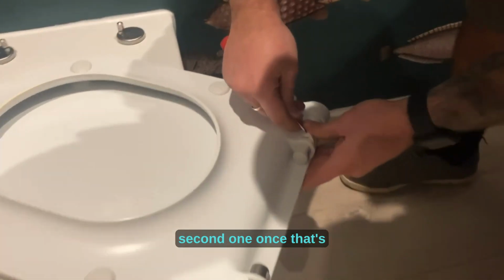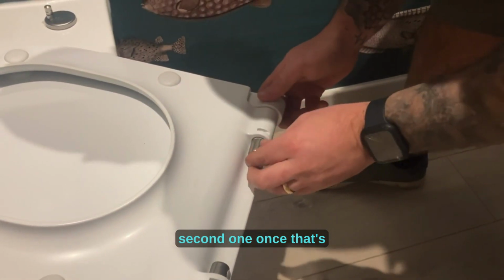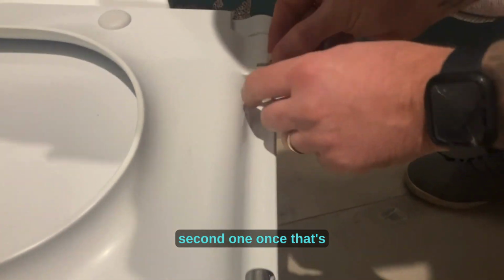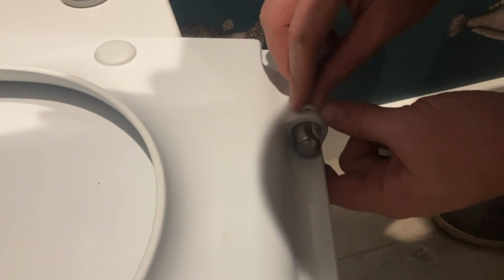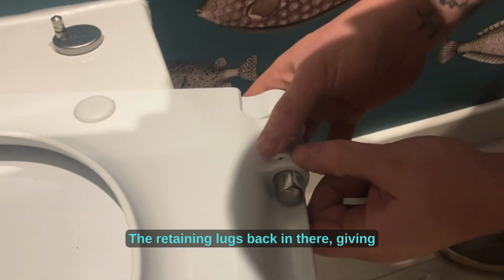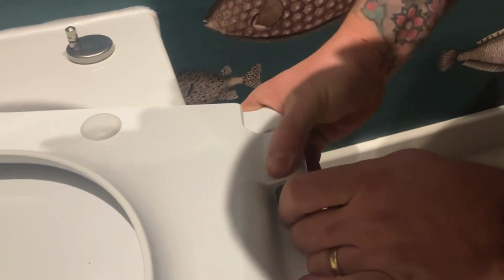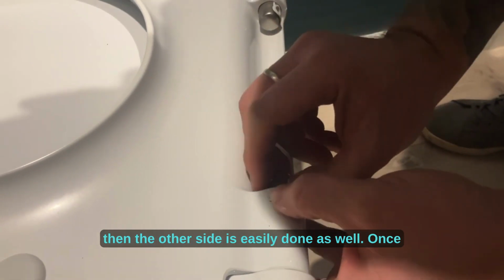Do the second one. Once that's been completed, you can then insert the retaining lugs that are back in there, giving it a bit of a jiggle if you can't quite get it in, and then the other side is